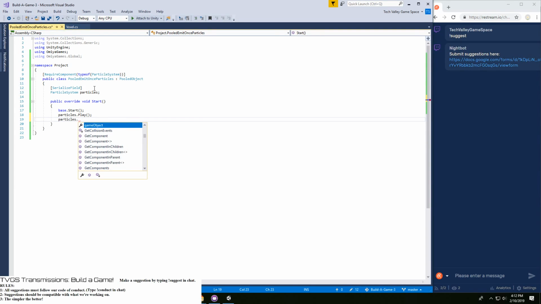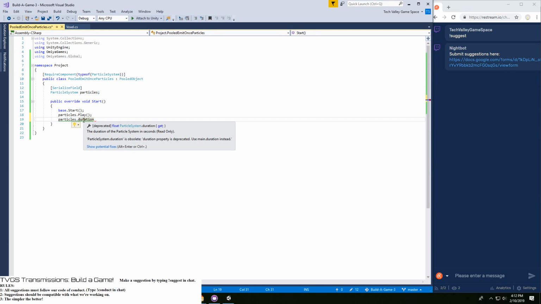No, it doesn't actually say anywhere. That's annoying. Oh, duration. Perfect. Deprecated. What does it mean by deprecated? Particle duration is obsolete. Use main.duration instead. Main.duration.